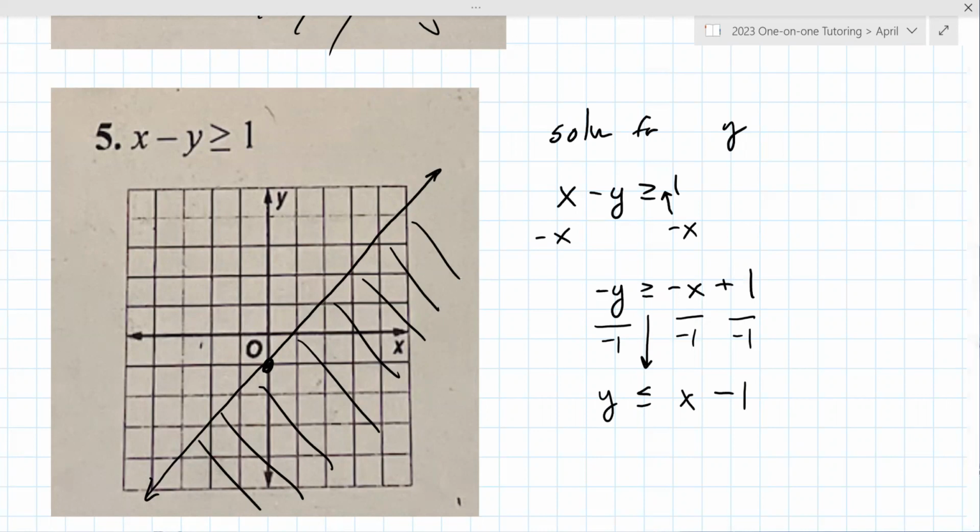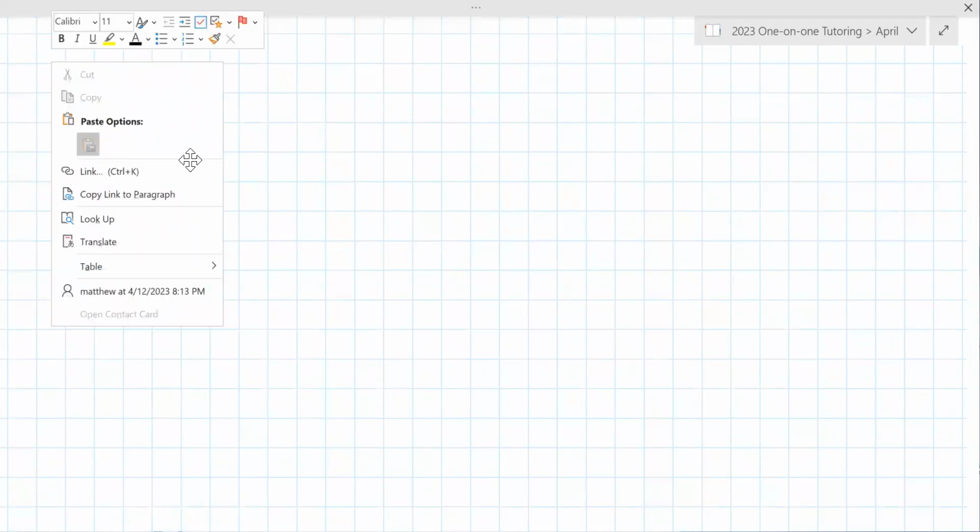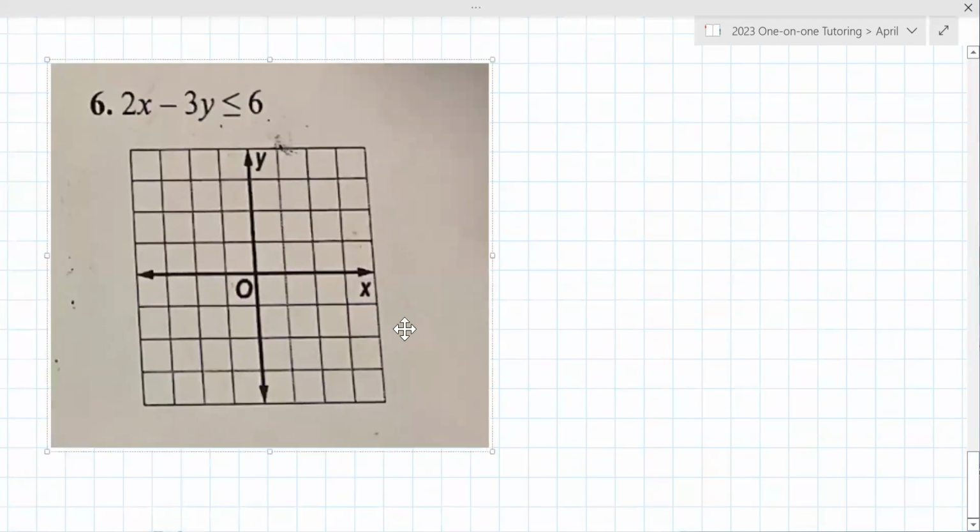Okay. So for number 6, I'd like you to do your best to try to solve it for y. And just see where you get, because you know how to graph it once it's solved for y. So really the only thing we're emphasizing now is your ability to solve it for y. Got it. So do the whole x thing first, right? Move x, yeah, and then